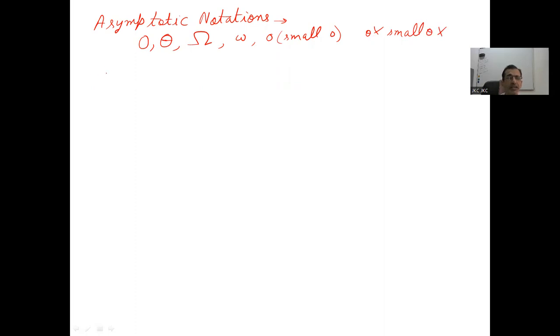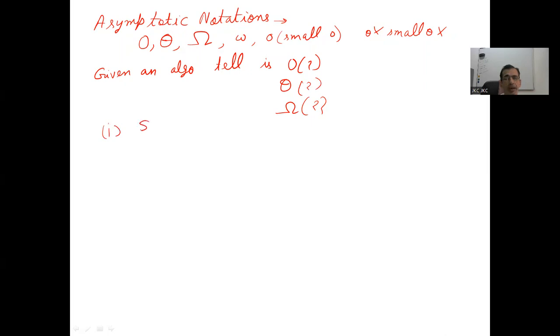Then going further, now once I know these notations, given an algorithm, I want to find out its asymptotic notation. Given an algo, tell its big O complexity, or its theta complexity, or its omega complexity. How to do that? So first method, in general, you could have a step count method like we talked about in the case of